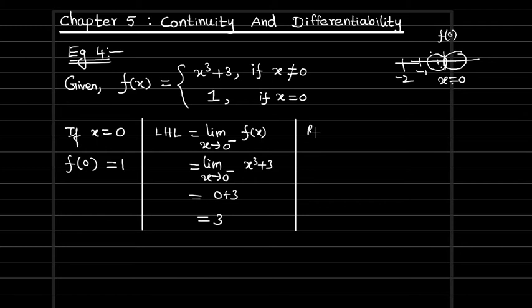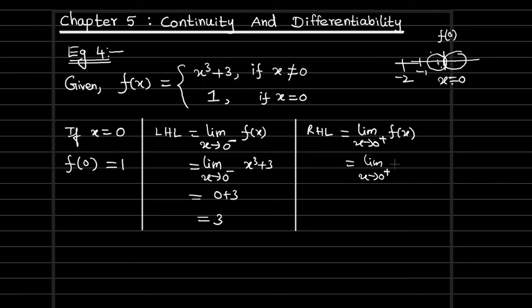And now the right hand limit. Right hand limit: limit x is approaching 0 from the right side of f of x. Now the close values are infinite, that's the reason we are taking the limit. If it is one value, like for x equal to 0 only, we directly substitute. When testing has to be done for the infinite values, we can take the help of the limit. So now limit x is approaching 0, and here f of x is what? Close values of 0, approximately equal to 0 but exactly not equal to 0.